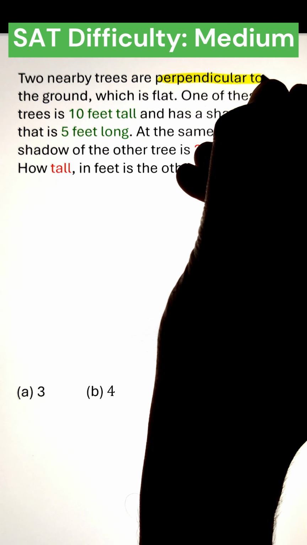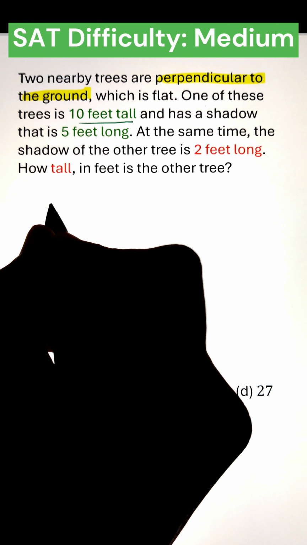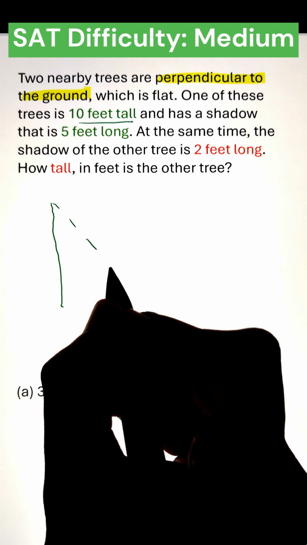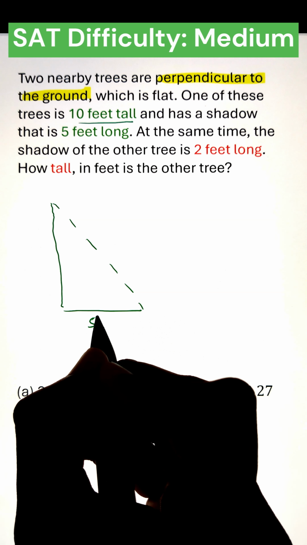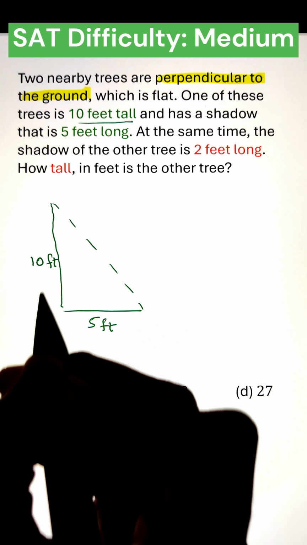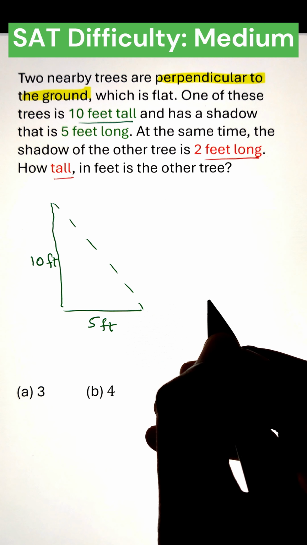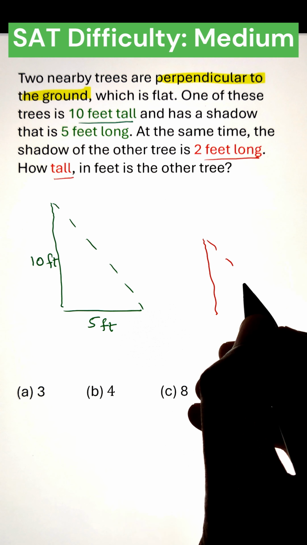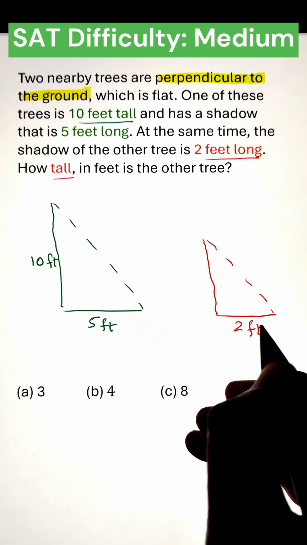If two nearby trees are perpendicular to the ground, which is flat, and one of them is 10 feet tall and has a shadow of 5 feet, and at the same time the shadow of the second tree is 2 feet long, in order to figure out how tall the second tree is, we can compare the right triangles formed